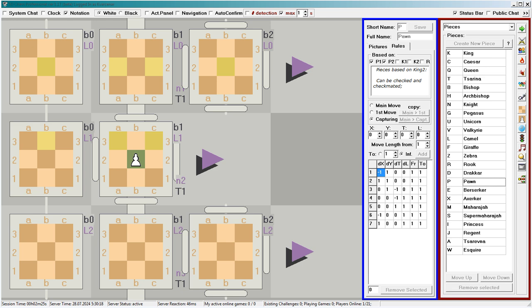If we say that a pawn captures diagonally, moving 1 square in the positive direction along any vertical axis and 1 square in any direction along any horizontal axis, we get an ordinary pawn. As we see, it captures on its own board 1 square forward and 1 square to the right or left. It also captures 1 square forward and 1 square into the past. The past and future are the horizontal direction.